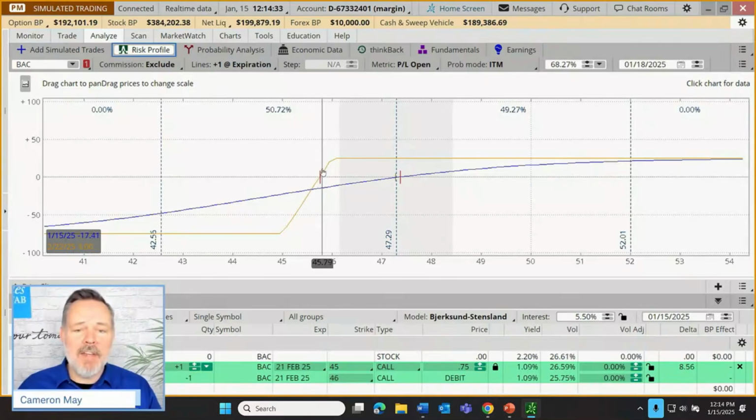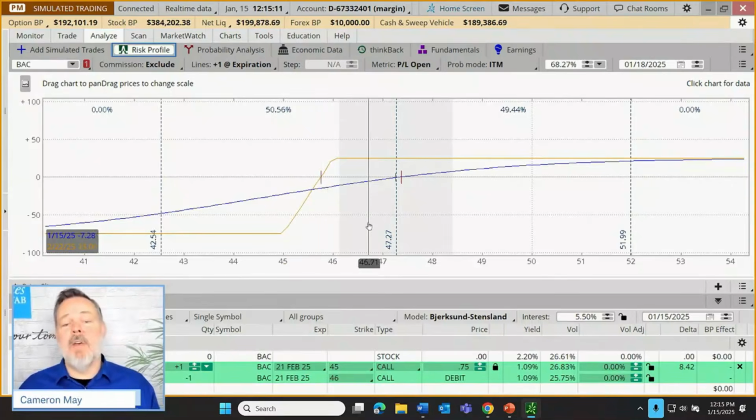Matter of fact, there's a break-even point. You can see this red hash mark is showing us this is where the trade would break even at expiration. This is where we would neither make money nor lose money. It's a zero outcome. And that's because we've fallen short of our max gain, but we haven't fallen so short that we're starting to dip into loss territory. So how is that calculated? Well, if we have 25 cents that we can make on a vertical spread, if we're above 45, then every penny that we're short of 45, we're giving away some of that 25 cents down to a break-even point of $45.75. That's where this hash mark is positioned.